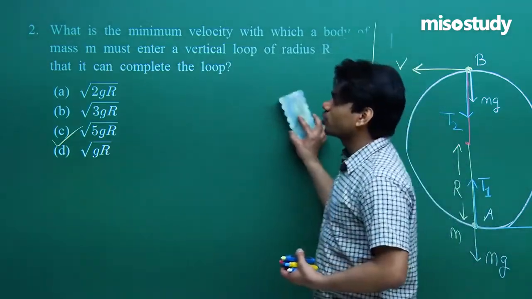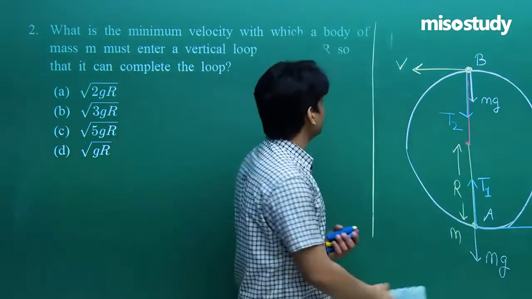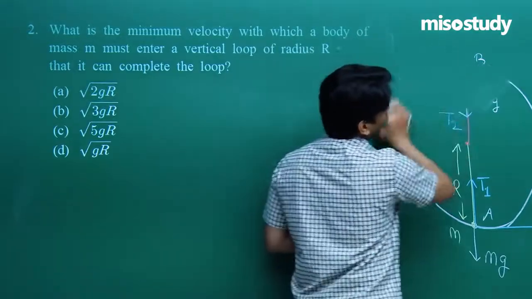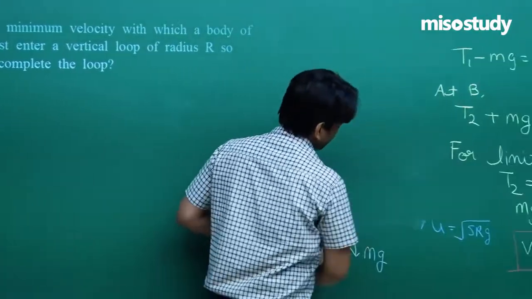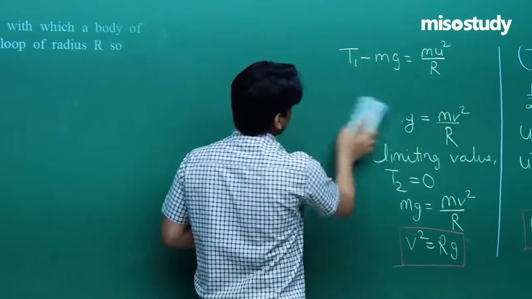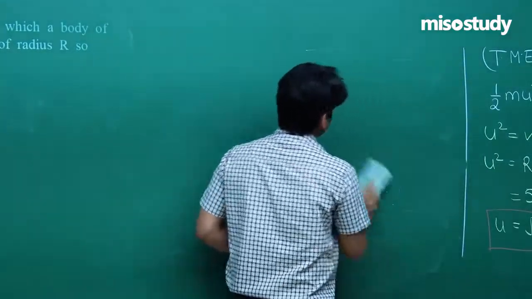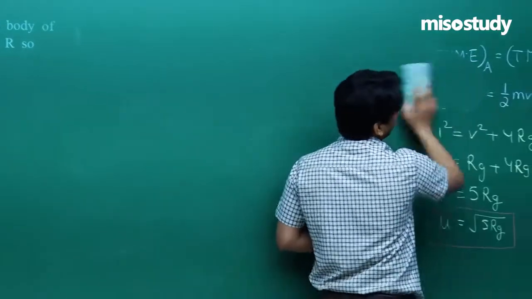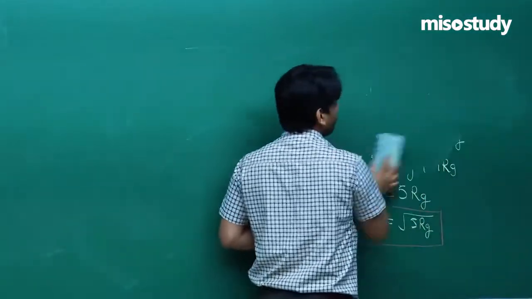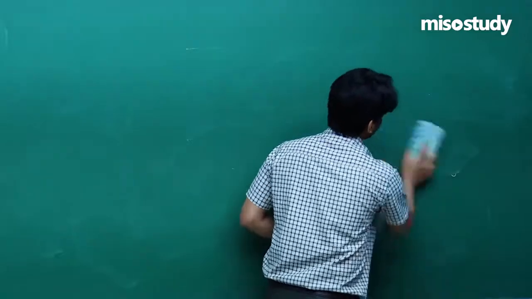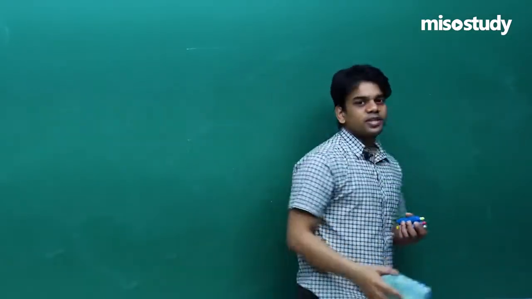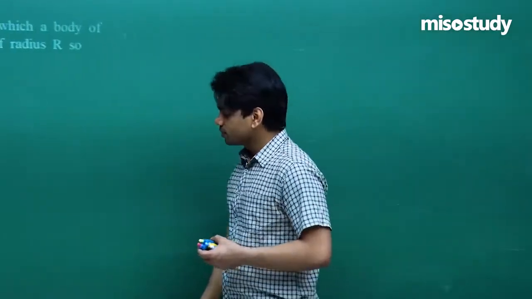I hope that you have understood how to solve this question, an easy question, and you should do it on your own to understand how to solve this one. The tension and force equation at the bottommost point A was not required, but I showed you how equations can be framed if you proceed stepwise. Let's go ahead with the next question of the day.